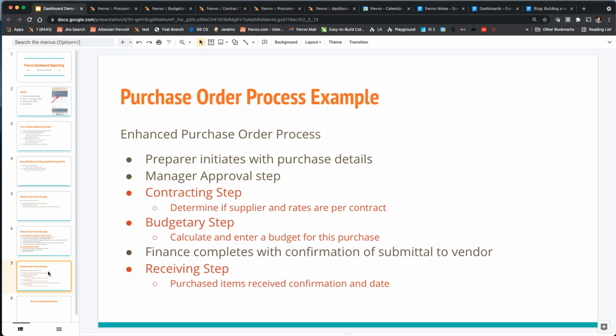Maybe you flip that around. Maybe the contracting step actually applies, figures out who the supplier is to buy this from. I don't know, it depends on your process. But for my little process here, I said the contracting step, the person responsible for that is going to determine if the proper supplier is correct and the rates are correct per